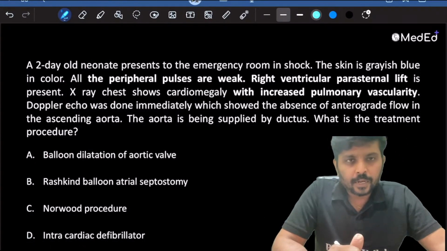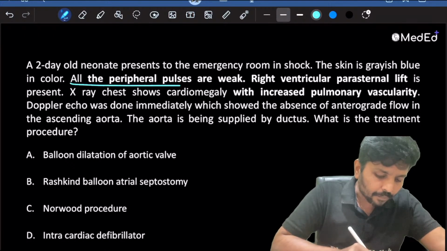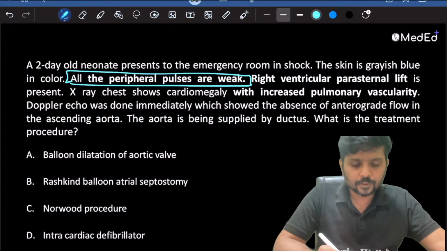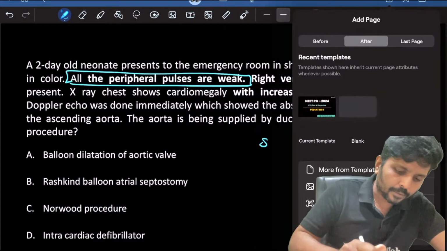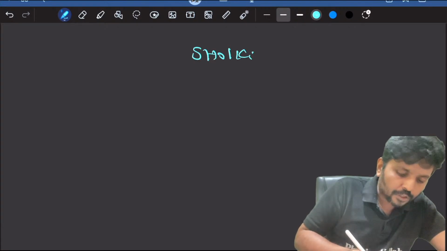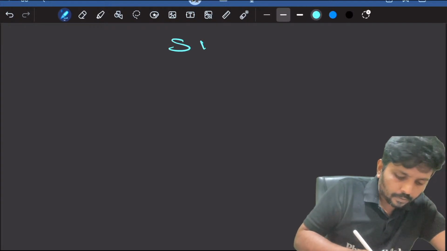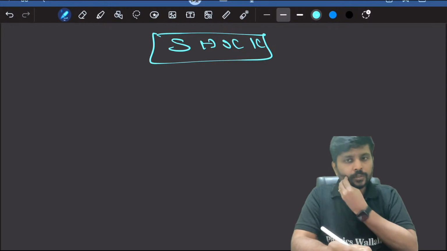Next question. A 2-day-old neonate presents to the emergency department in shock. The skin is grayish blue in color. All peripheral pulses are weak. So if all peripheral pulses are weak means what? Very simple. Remember, whenever any newborn with shock comes,